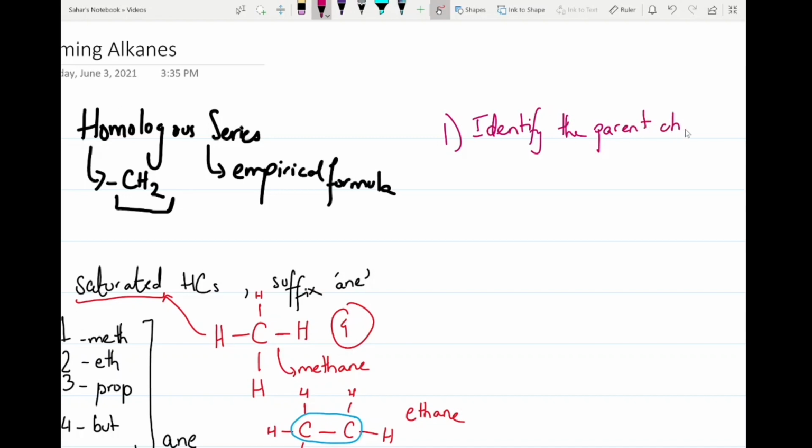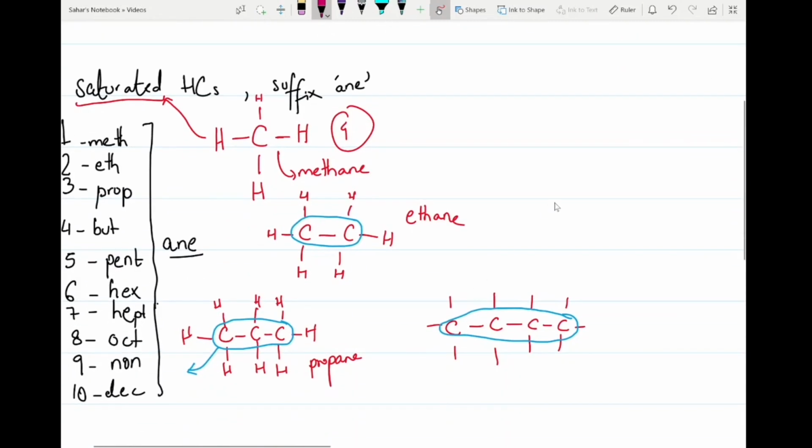This is where your prefix comes from. So the prefix, how do you decide which prefix to use? It's from the parent chain, right? So then moving on. Now the simplest alkanes are those which are without any branches, without any side chains, and